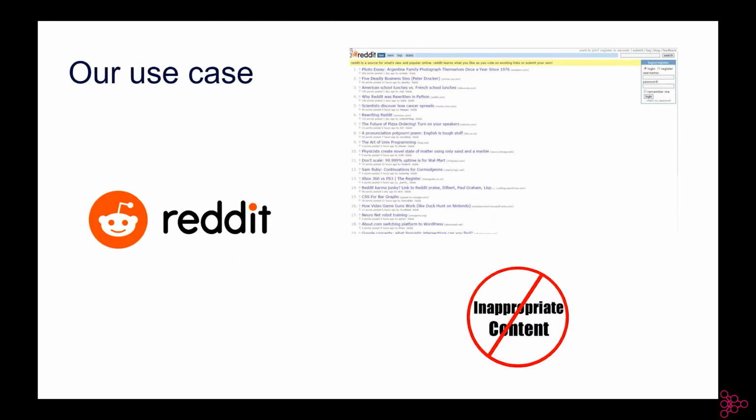That's what we want to detect, because today it's done by a human. We have a moderator that will check each subreddit, look for inappropriate content, and then take that content and flag it. Here, we would like to automate this process to increase user experience on Reddit.